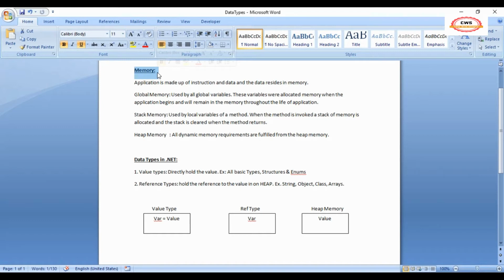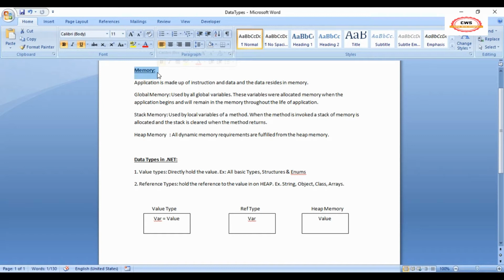All the global variables reside in the global memory. These variables are allocated memory when the application begins and will stay in memory till the life of the application.